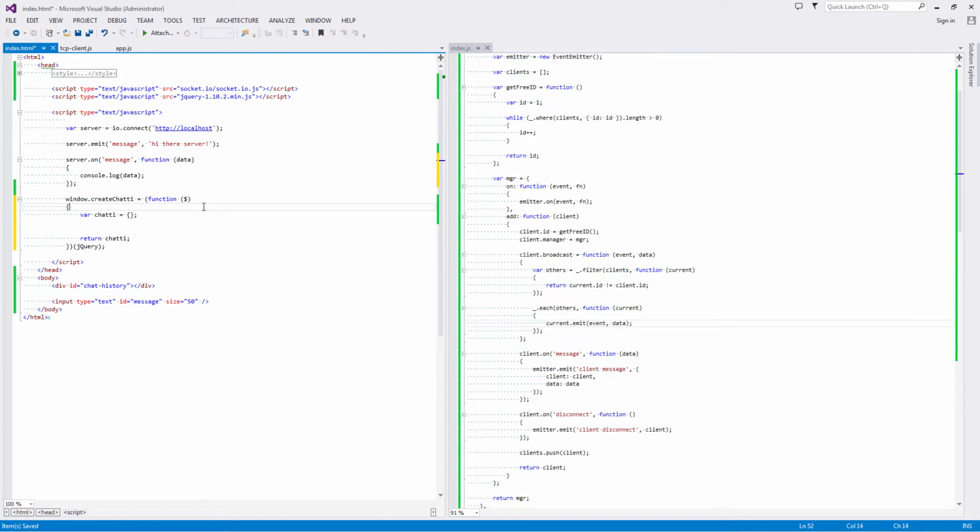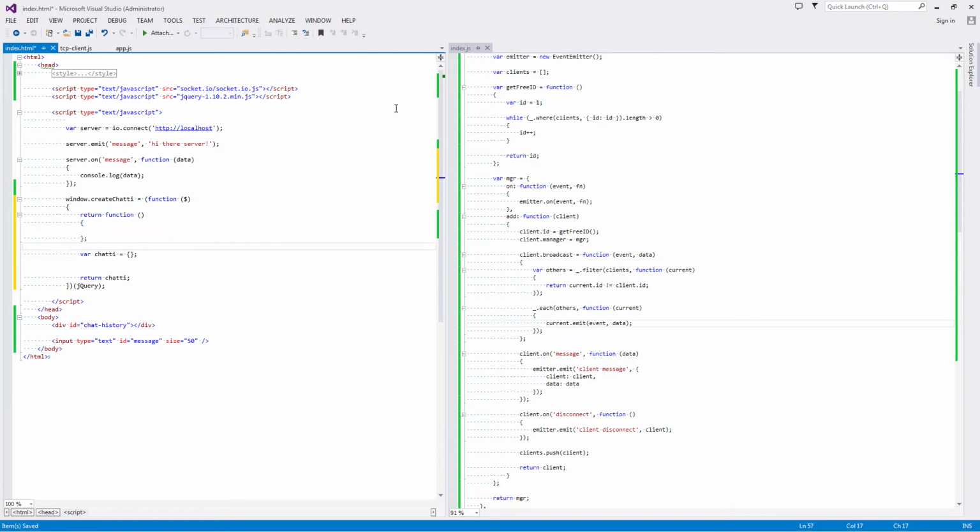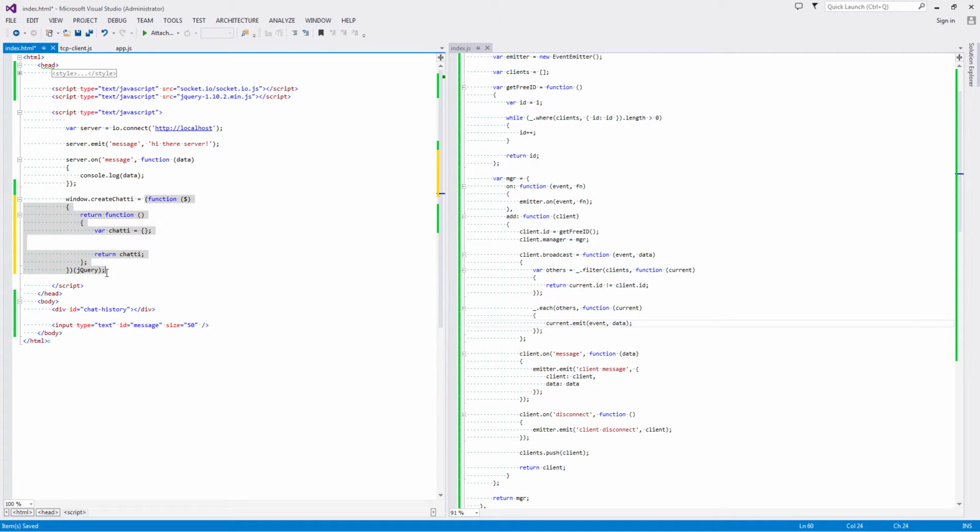and I want to change it. I want to have a function. The only reason why I wrap this so is that I can use the dollar sign and be sure that it's jQuery. So what you need to do is you just create a function, and now you have ensured that inside of this all of your code can access the dollar variable and be sure it is jQuery and still have this as a function. So